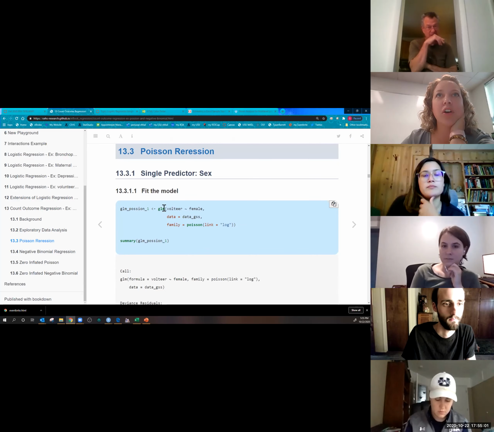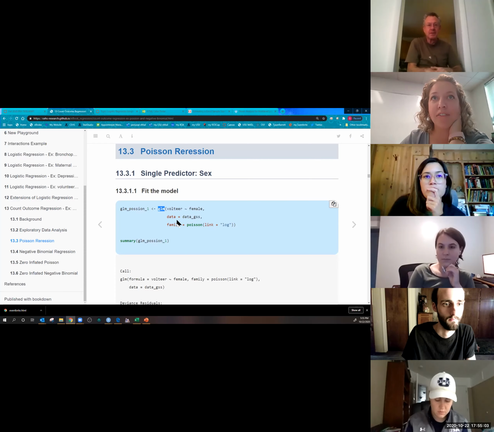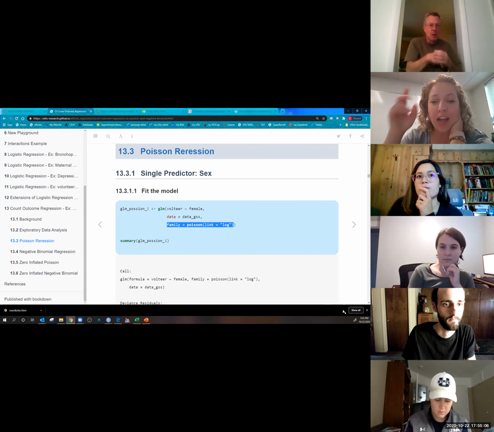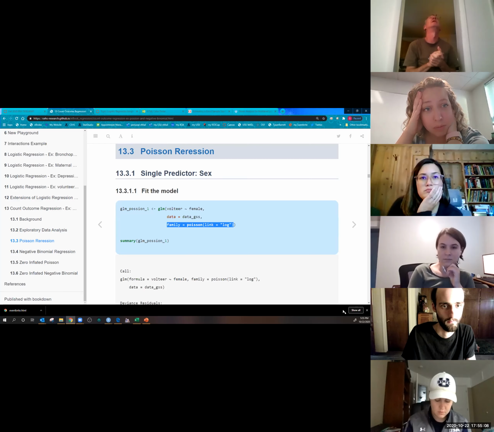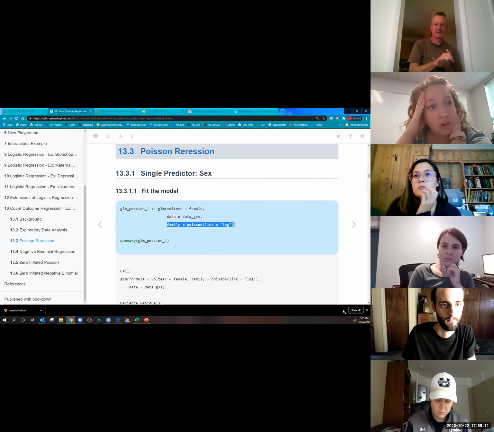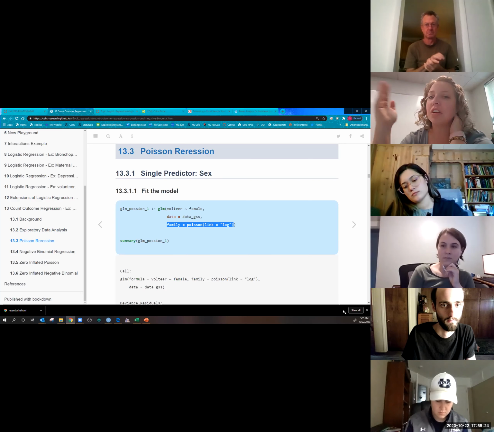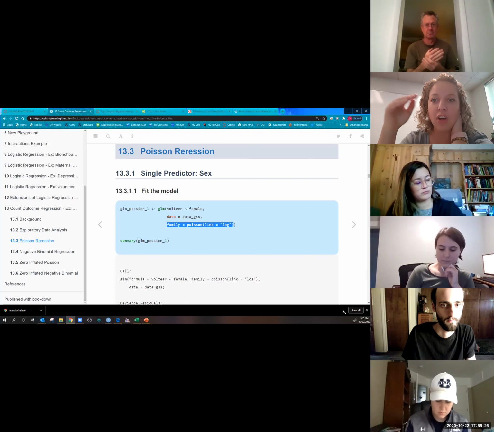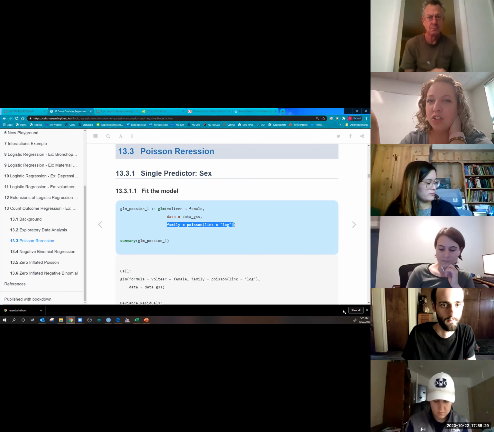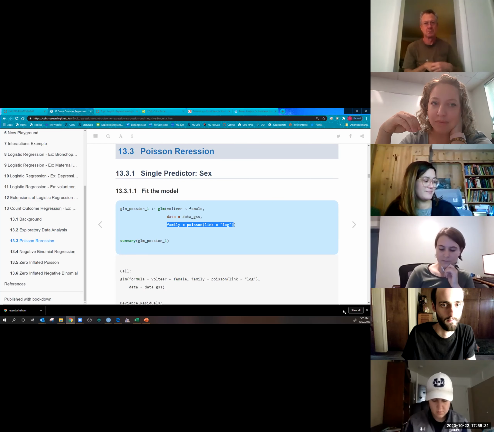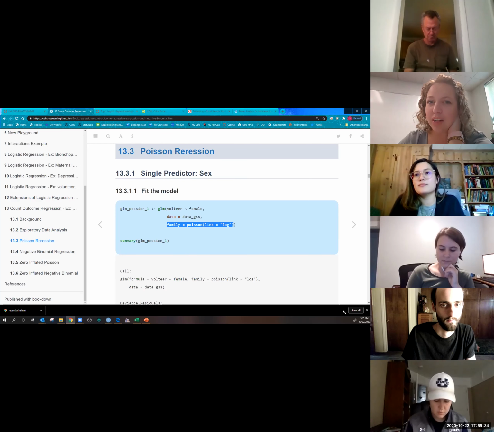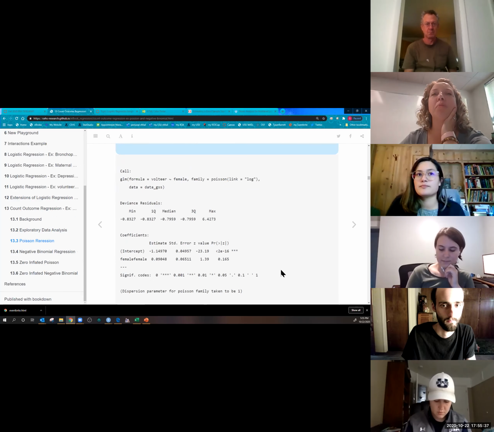Poisson regression, we're going to go back and use the GLM function. So we have to tell it a family. Now check out this family. We're using the Poisson distribution, and we don't use the logit. Instead of the logit, we use just the log. Now this makes Poisson different. So we still are going to want to exponentiate our coefficients, but instead of them going from a logit to log odds to an odds ratio, they're going to go from log number to a rate. So it takes a while to get used to interpreting them.